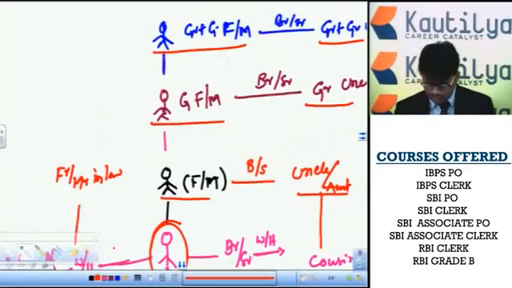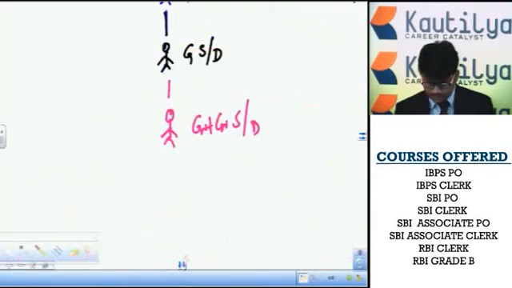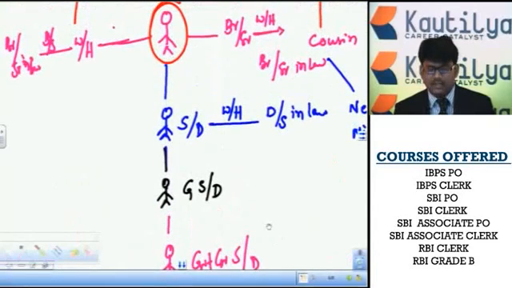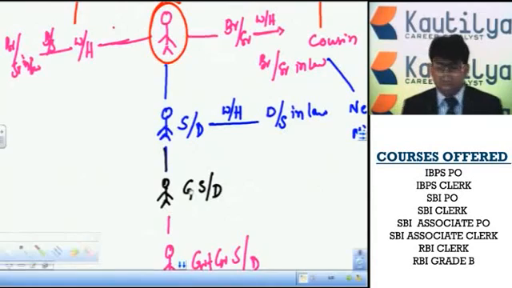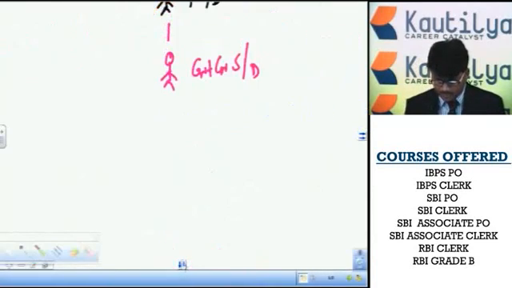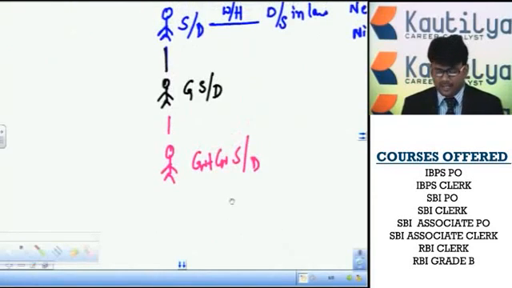Next, if you have to move in the downward direction, the person's child is called a son or daughter. That son or daughter's wife or husband is called a daughter-in-law or son-in-law. Then, in the downward direction, that person's son or daughter is called grandson or granddaughter. Followed by the downward direction, the child of that person is called great grandson and great granddaughter. These are the blood relation strategy.